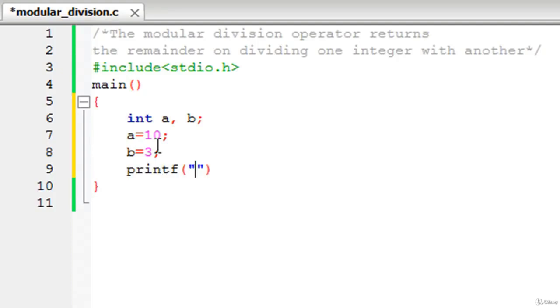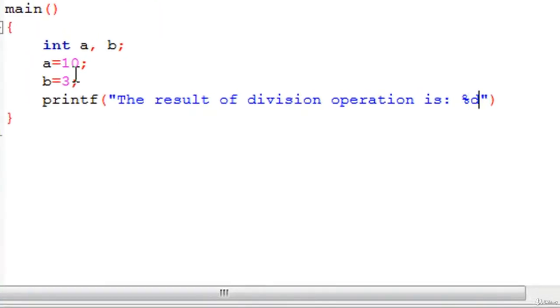So I'm going to display the result of regular division operation first. So the result of division operation is, I'll have to type in the %d format specifier, because the output that we're going to show is an integer. You just type in a divided by b to see the output,